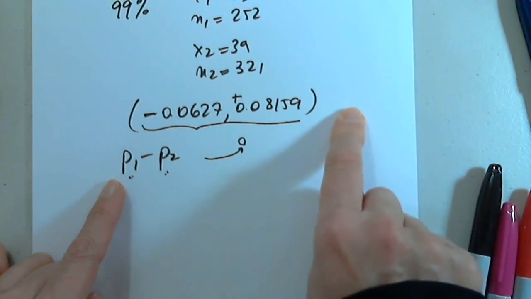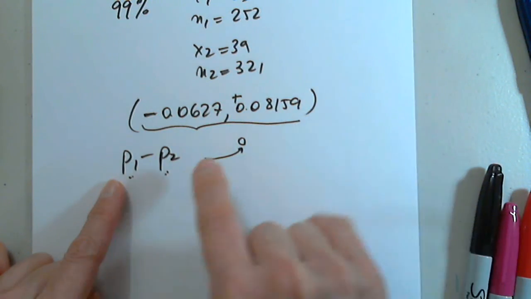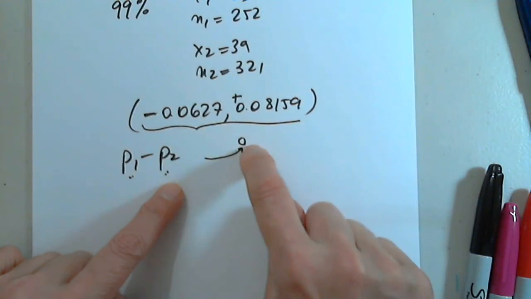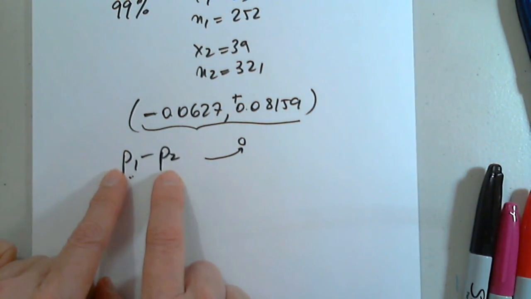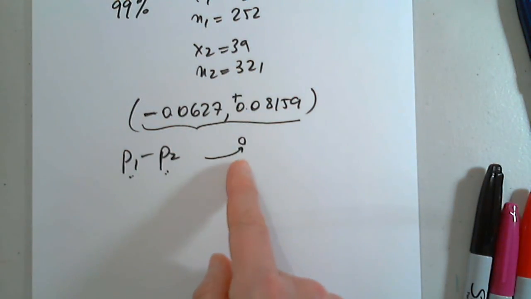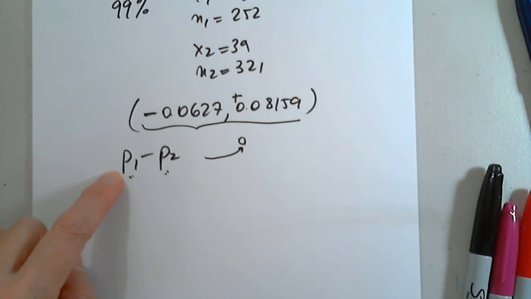If it's only on positive values, this is higher. If it's on the negative values, then this is higher. But if it has 0 inside, we cannot conclude. We had that situation with some elections. We couldn't decide which one was winning because the difference had 0 inside. The interval had 0. We couldn't conclude whether this is higher or this is higher. Okay, so that's